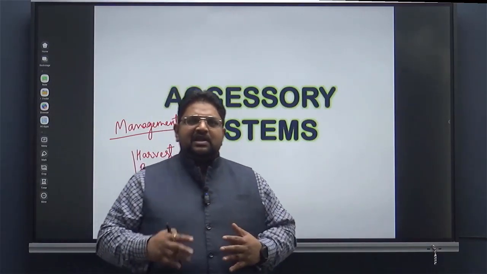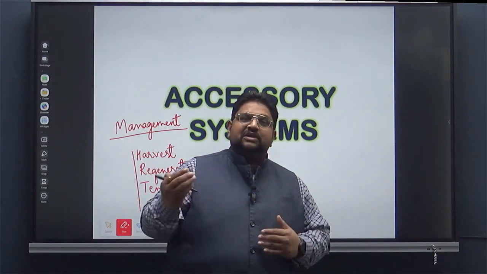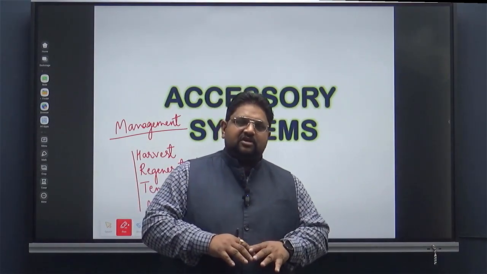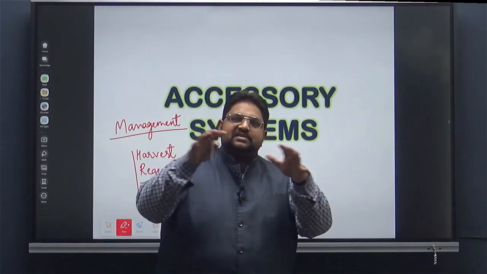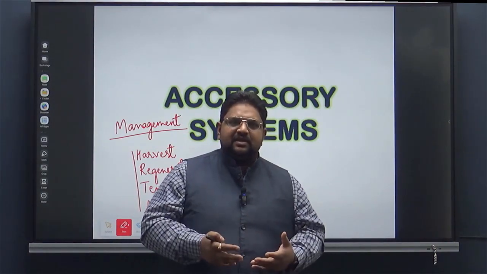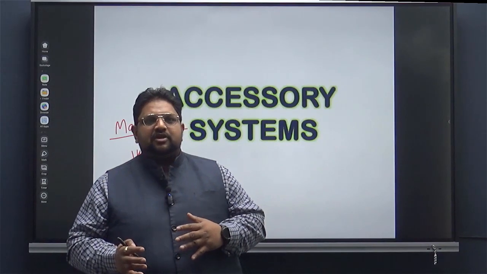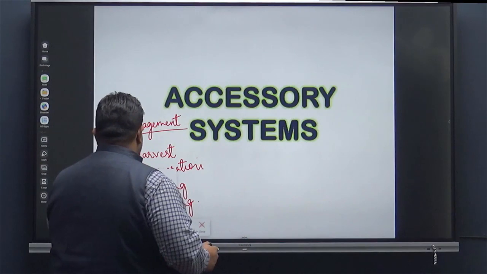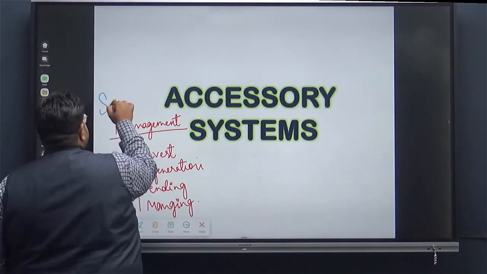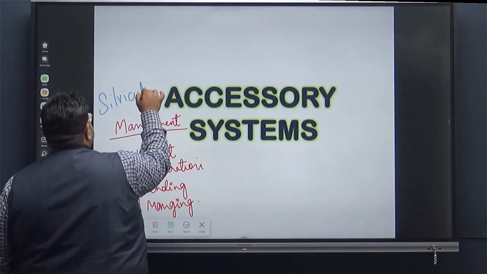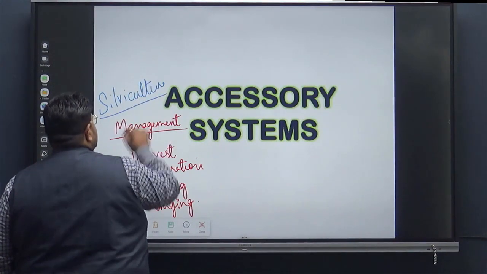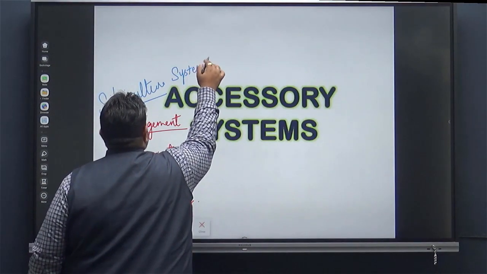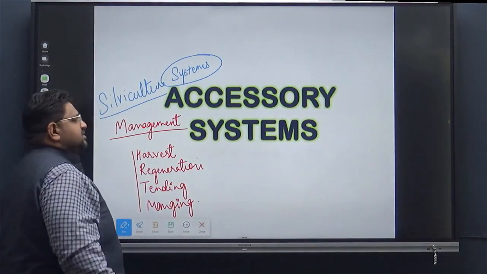Say for example, if any species would like to have more sun, then more trees are to be cut. If it is a shade lover or sciophyte, then more trees will form the canopy or something like that. So that set of procedures for handling a forest is what is known as silviculture, and these systems are called silviculture systems, a set of procedures according to which the forest is